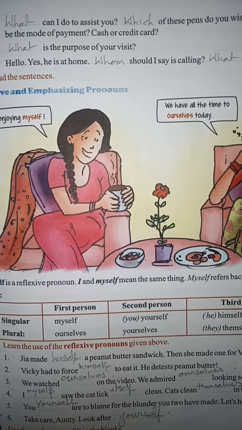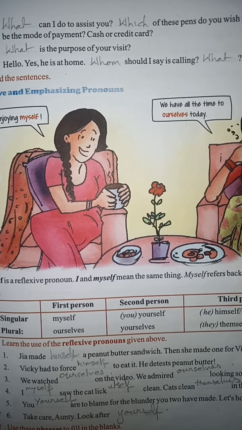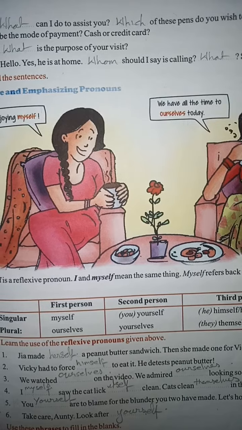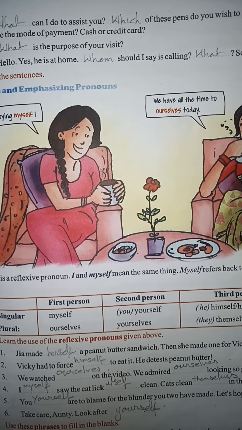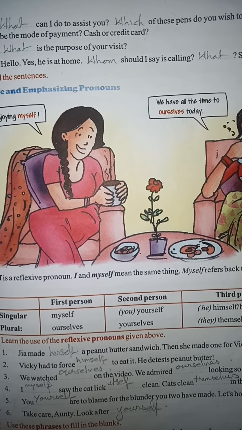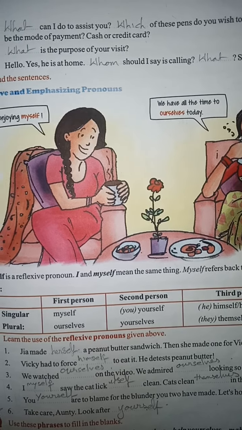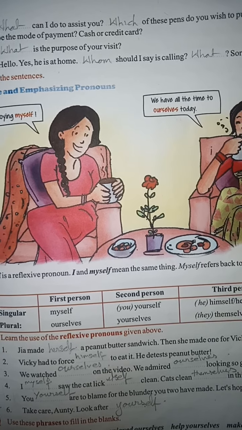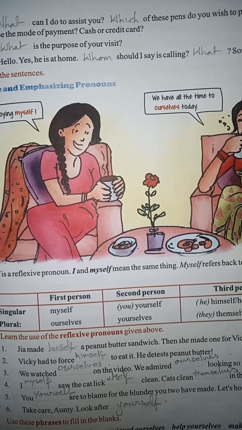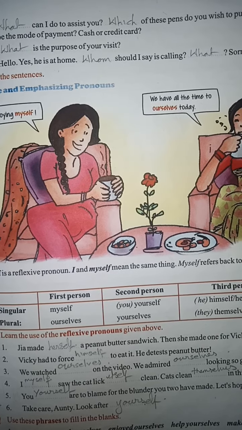Now what are reflexive pronouns? Words ending in self or selves that are used when the subject and the object of a sentence are the same. For example, I believe in myself. These words ending in self or selves are termed as reflexive pronouns. The 9 reflexive pronouns are myself, yourself, himself, oneself, itself, ourselves, yourselves, and themselves.